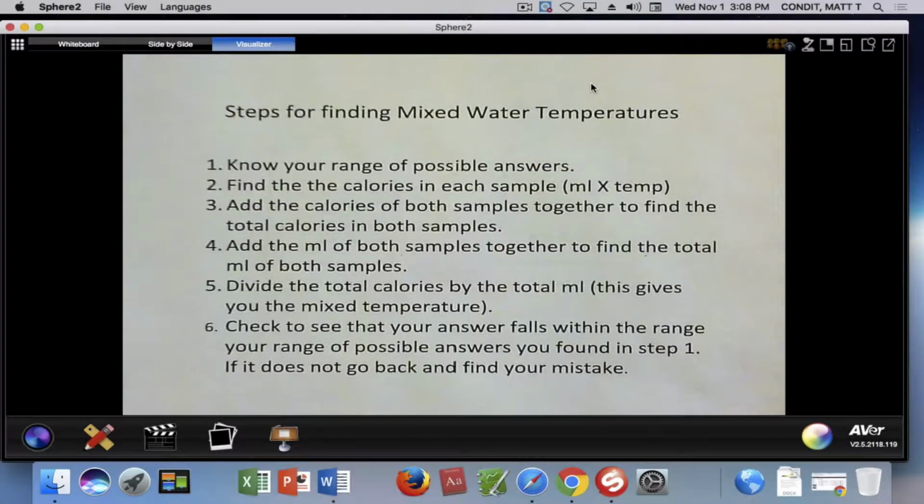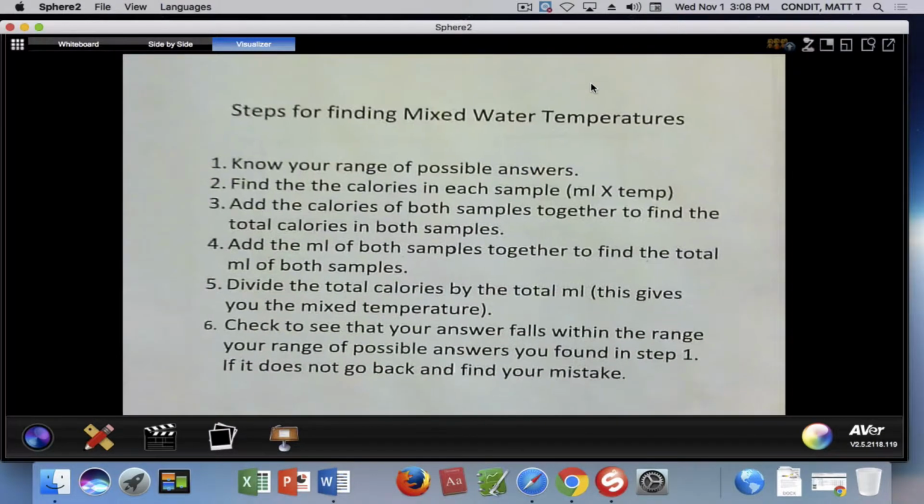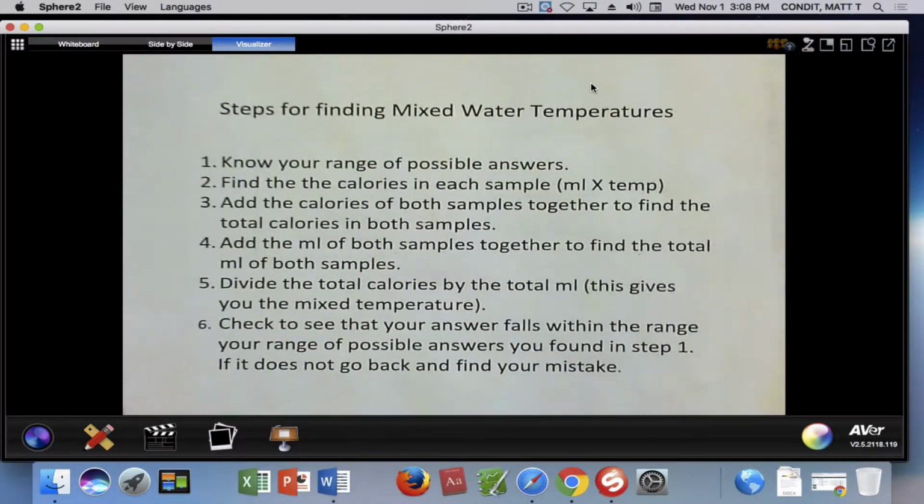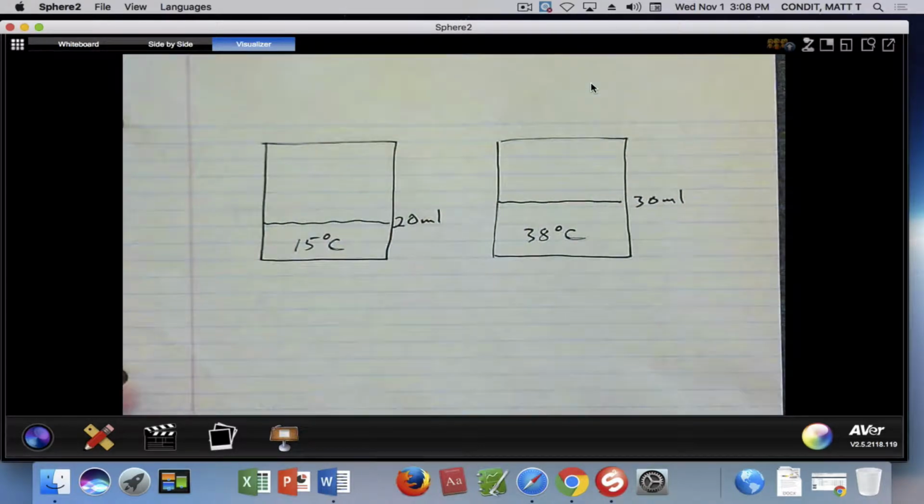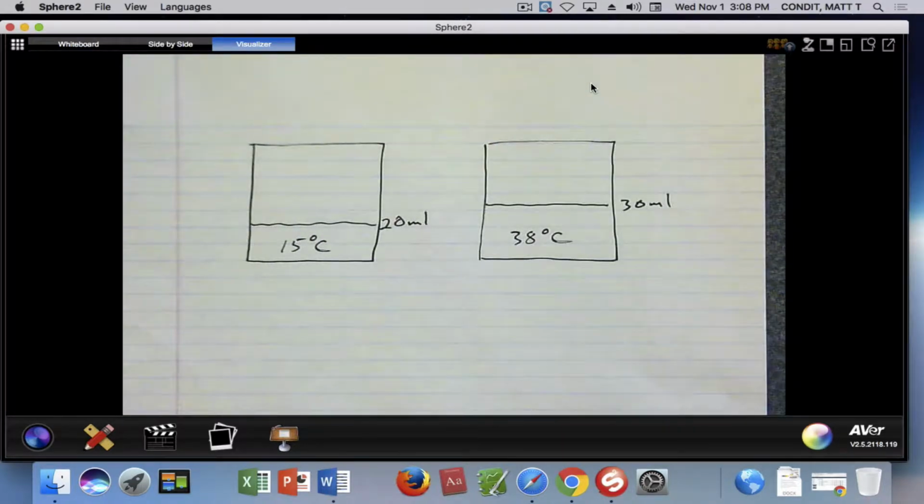Hi everybody, this is our movie for finding the mixed water temperatures when we're mixing two uneven amounts of water. These are the steps, and I'll put these up now as we work through this. But what we really want to do, if we have two amounts of water, and we'll just use these two, and we mix them together, is try to find out what their mixed temperature will